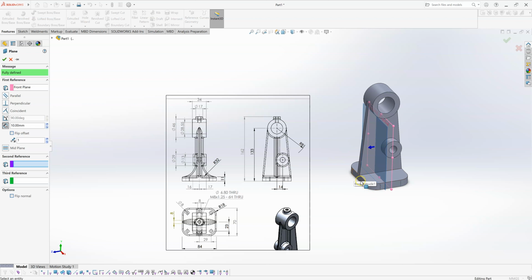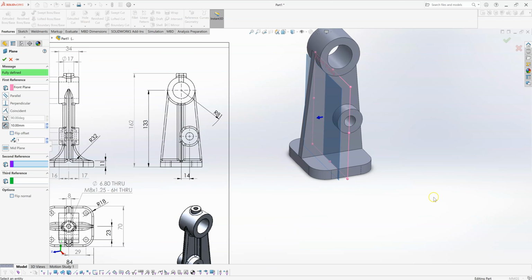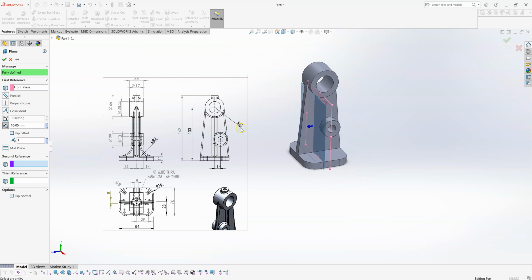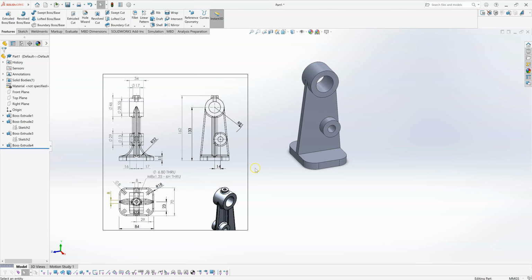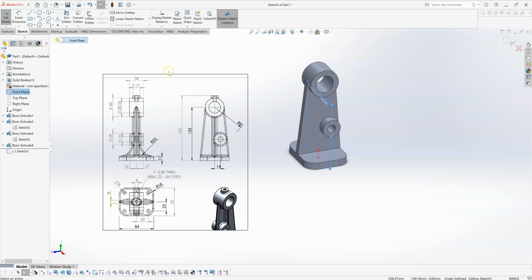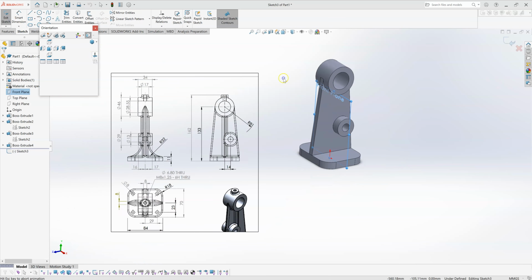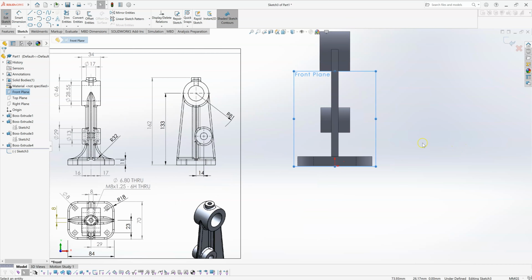So let's say if my front plane was along this face here, I could create a plane parallel to that front plane and have it line up with the midpoint of this face here, for example. But because of the way I started the sketch with the origin centered on it, I don't need to do that. Okay, so I'm going to create a sketch on that front plane. I'm looking normal to it. Okay. So what I want here is,